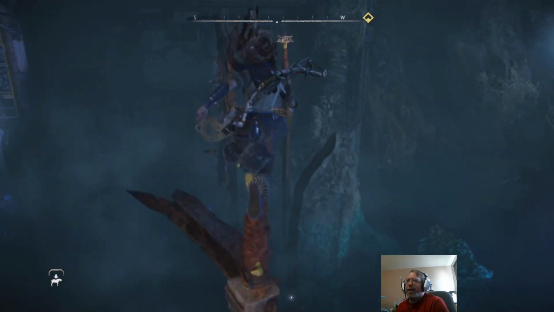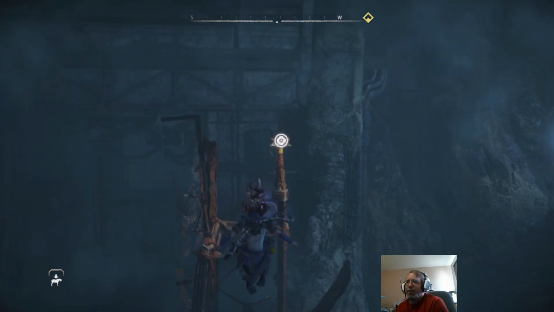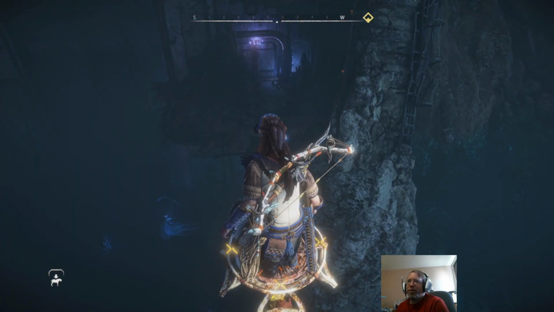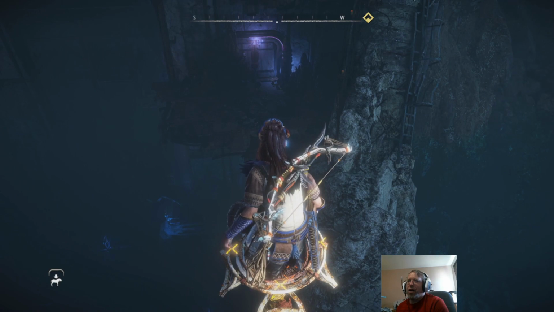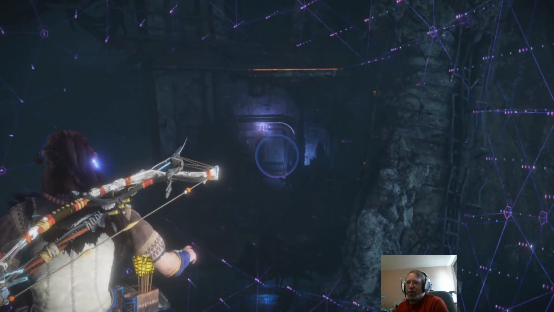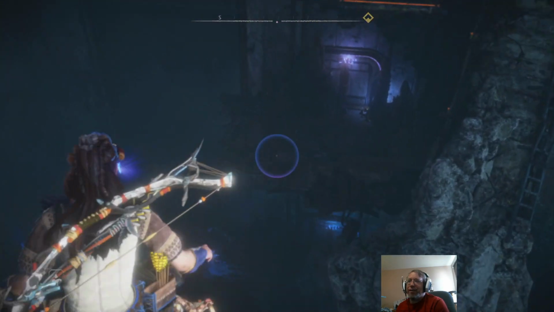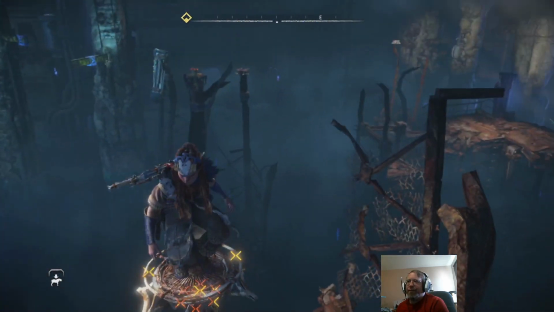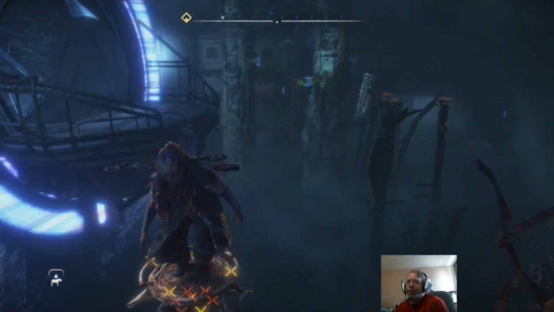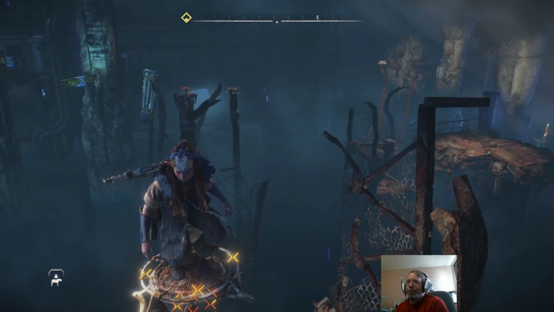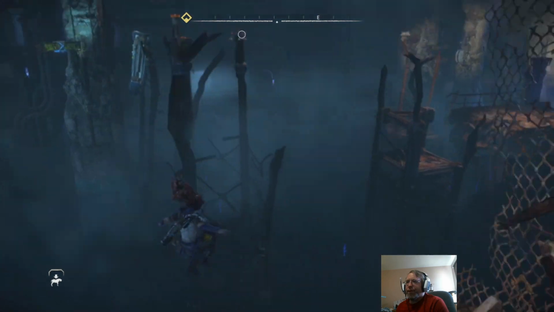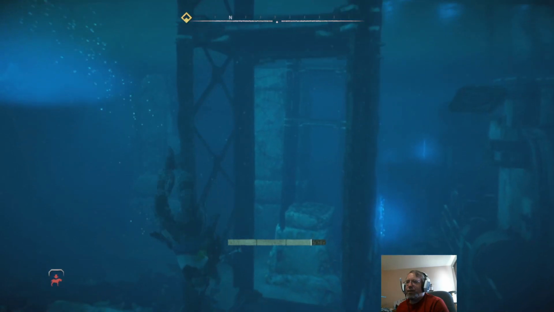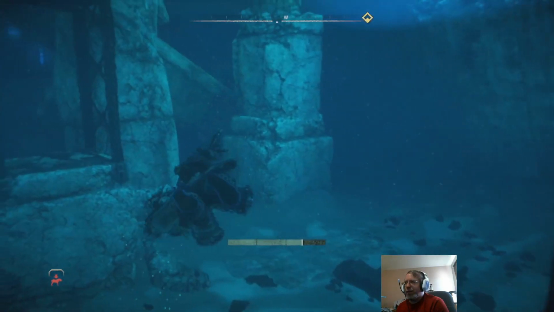Can we... oh, I gotta check. Can we get in that lower door? No. No, there's no way to get in. There's actually no way to drop a ladder down. Alright. There's nothing down here?